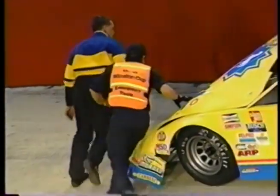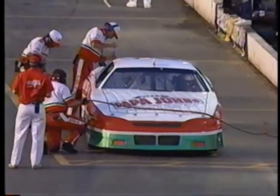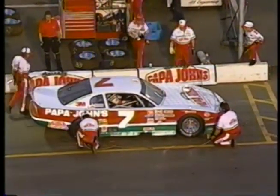Now, he was the crew chief last year for Mike Cope when Mike Cope won the Slim Jim All-Pro Series Championship. And here's the car number 7 of Clay Brown in the pits. Once again, he's back, and they continue to work on the right front of that automobile. When he stopped just a couple of laps ago, they were doing something to the right front. They're making an air pressure adjustment there. I suppose that's what they're doing, changing the air pressure of the tire, trying to change the stagger. These are bias ply tires, so when you reduce the air pressure, you make the tire smaller. When you increase the air pressure...